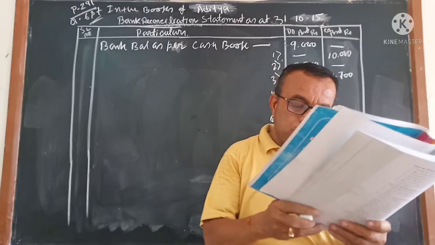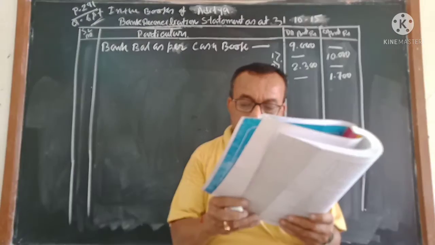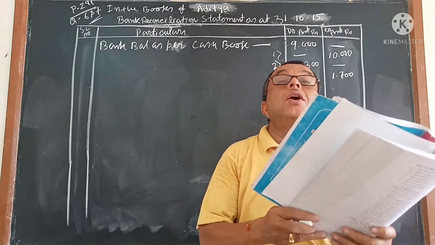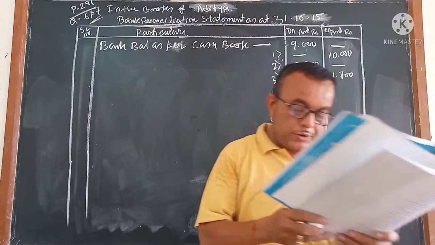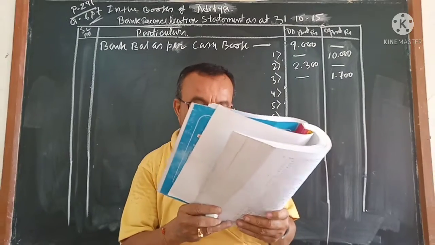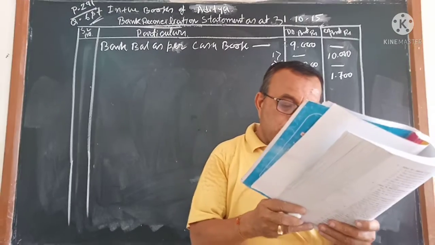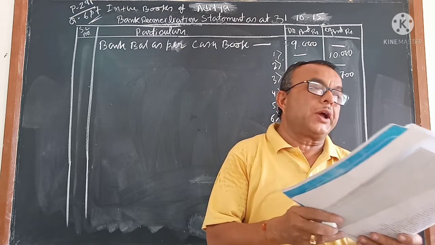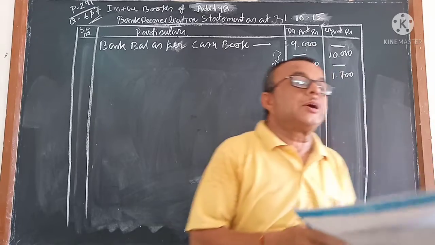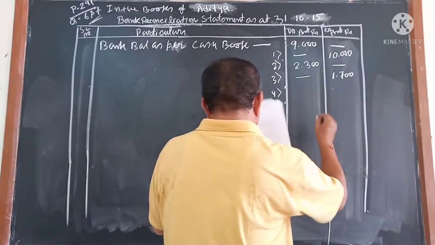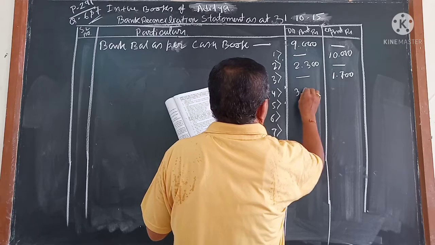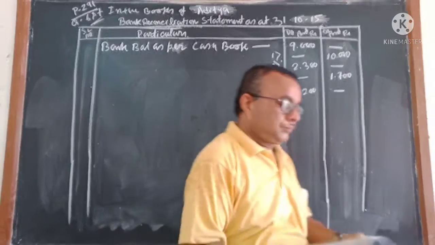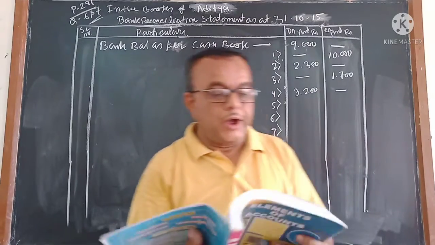A customer has deposited 3,200 directly in Aditya's bank account, which is known to him on 2nd of November. 2nd November, the date is crossing, मतलब not known. So the customer has directly deposited 3,200 to Aditya's bank account. मतलब it was credited by the bank but not debited. How much? 3,200 is not debited.